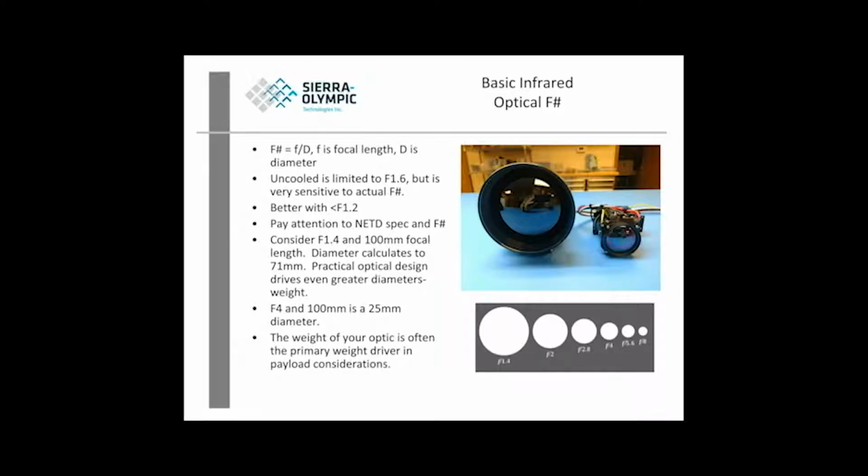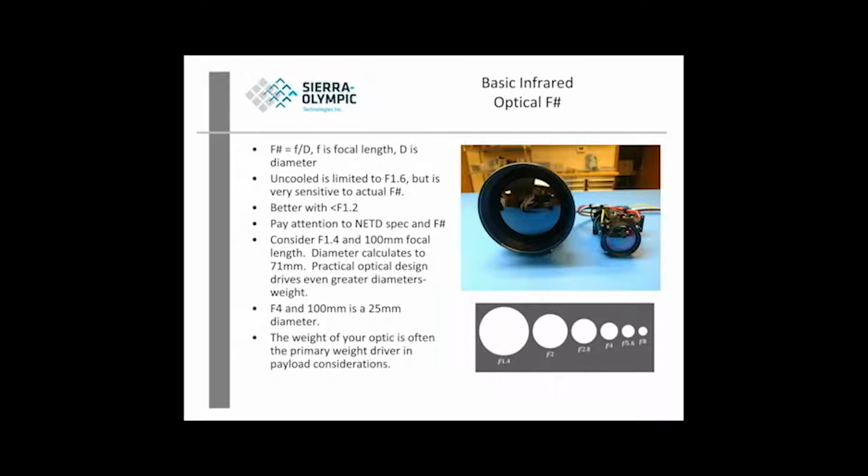To expand on that example, f4 with a 100 millimeter optic, again, we're at 100 millimeters, that's down to a 1-inch diameter, so much smaller. And the message here is that in airborne systems, the weight of your optic is probably the main weight that you're dealing with in an airborne system. And so that goes to f number, it goes to focal length, and you have to consider all these overlaid on the weight budget that you have from your aircraft when considering the development of an infrared system for airborne